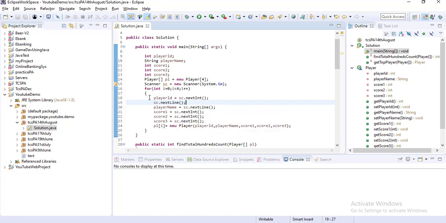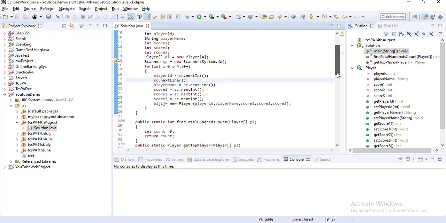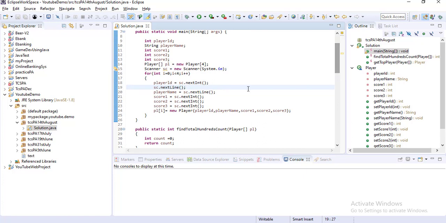Okay, so it's done. Then inside this main method, you have to call these two methods.